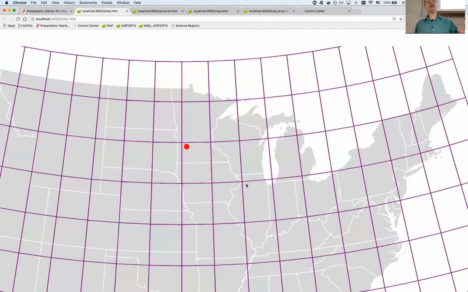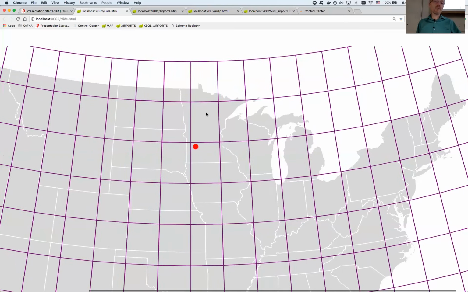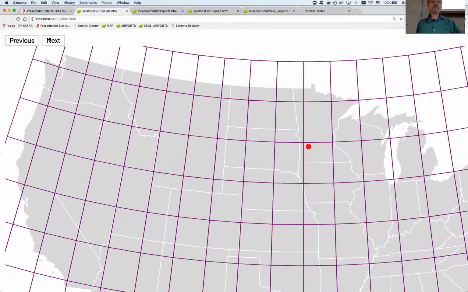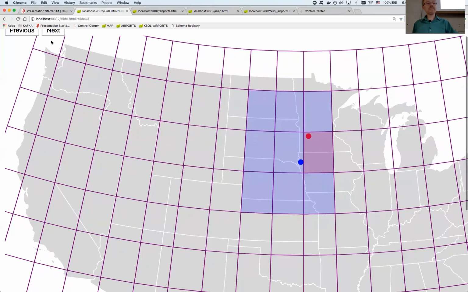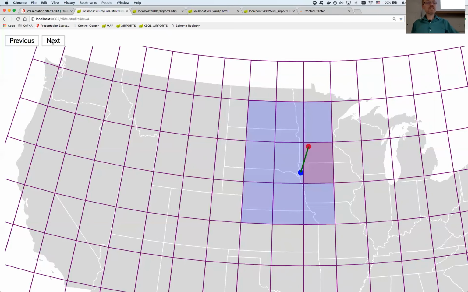So the trick became, how do I do distance calculation using Kafka? And that's where I came up with a fairly common approach. I take this aircraft, the red plane, and I take a 3 by 3 degree coordinate and say it's in that region. I then will take a blue aircraft and not only map it to its coordinate system, but every coordinate system around it. So basically 9 buckets. If their buckets overlap, I'll do a distance calculation. So that's the basis of the algorithm that I'll be showing here today.